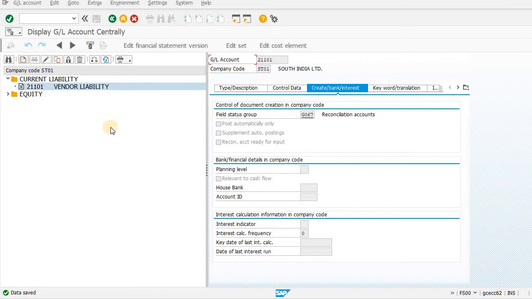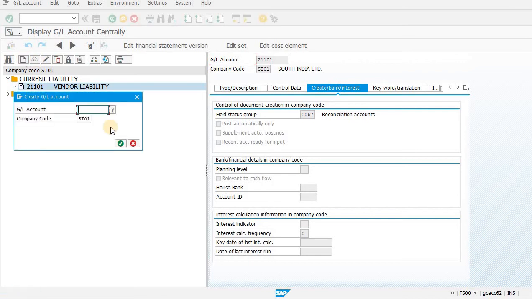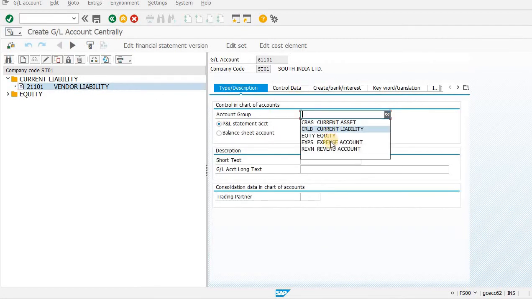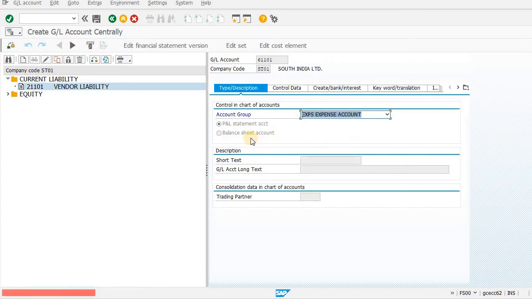Now one more account we are going to prepare, that is an expense account. 61101. Now go to expense account. Sorry, the expense range is 4.